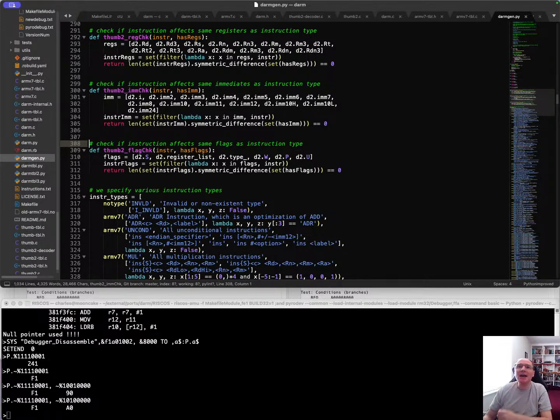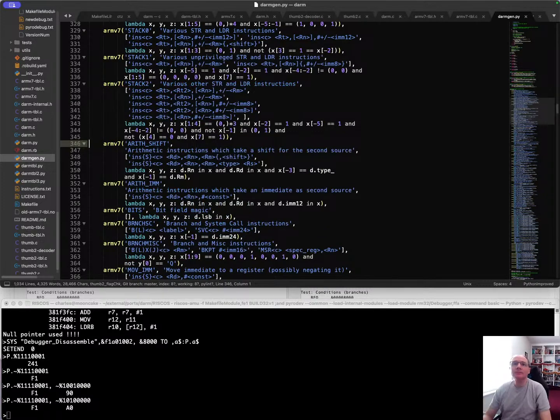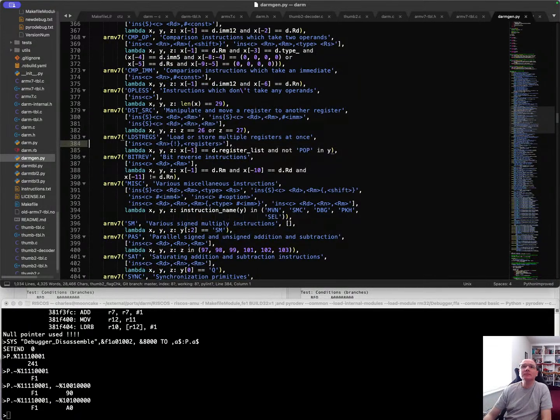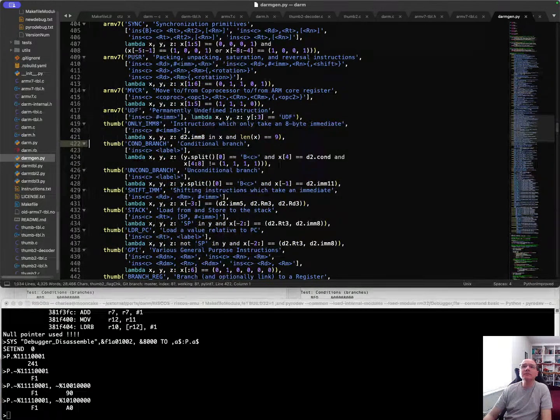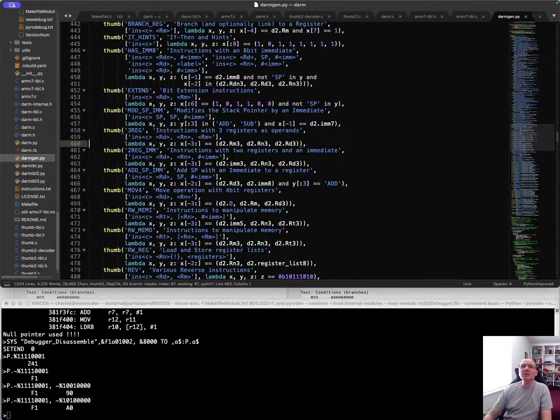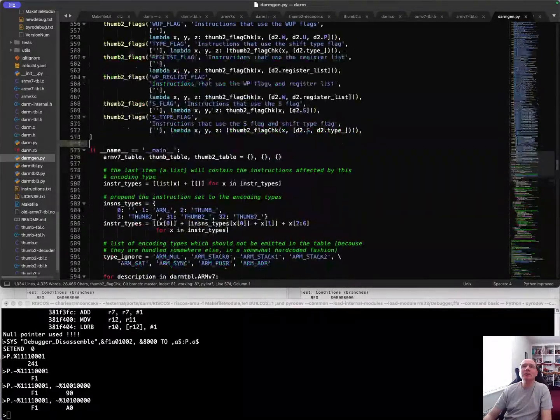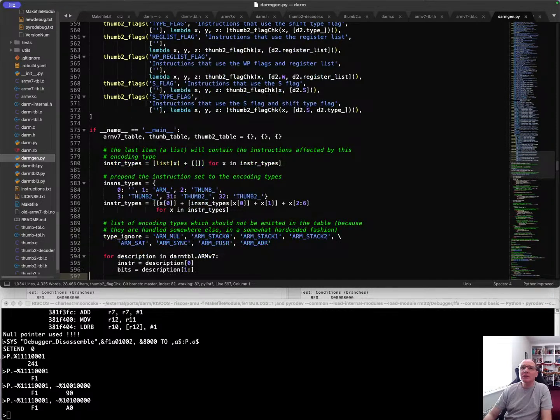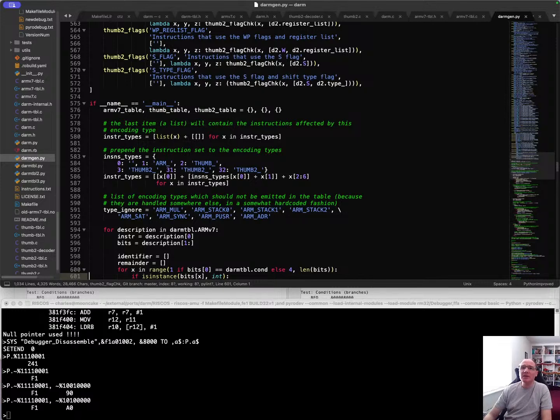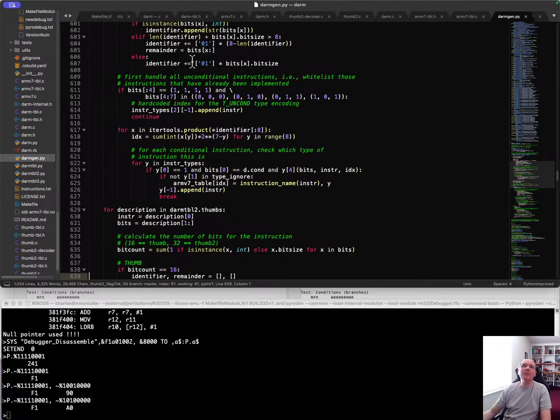Various instruction types. I mean, this is all very interesting, but I'm not sure this is helping me much. I mean, these tables are quite clever, I must admit, but